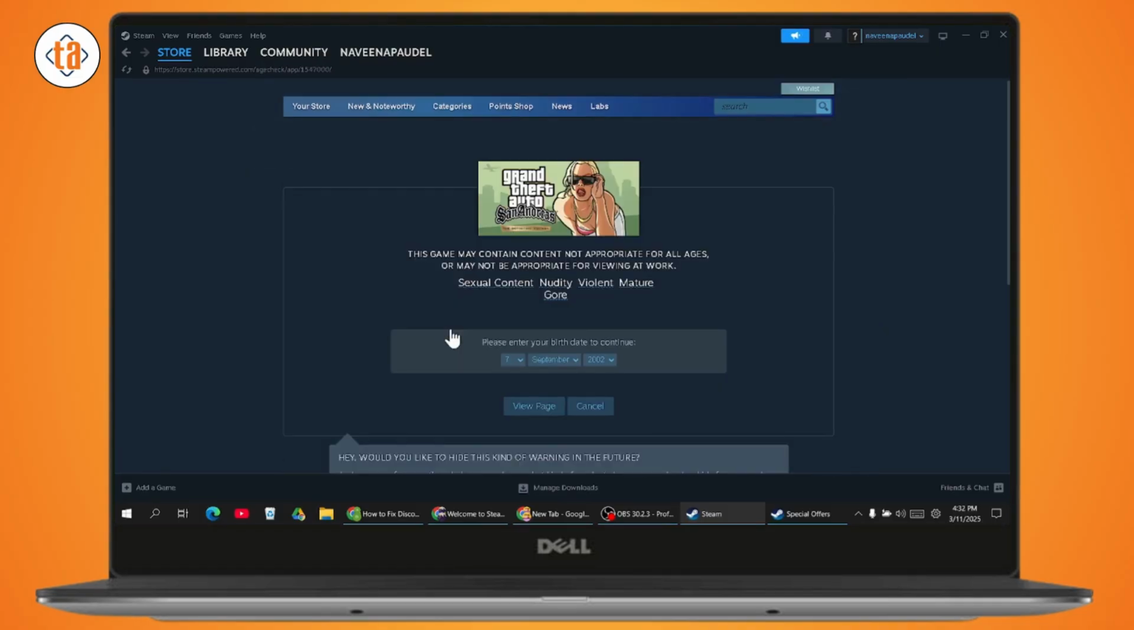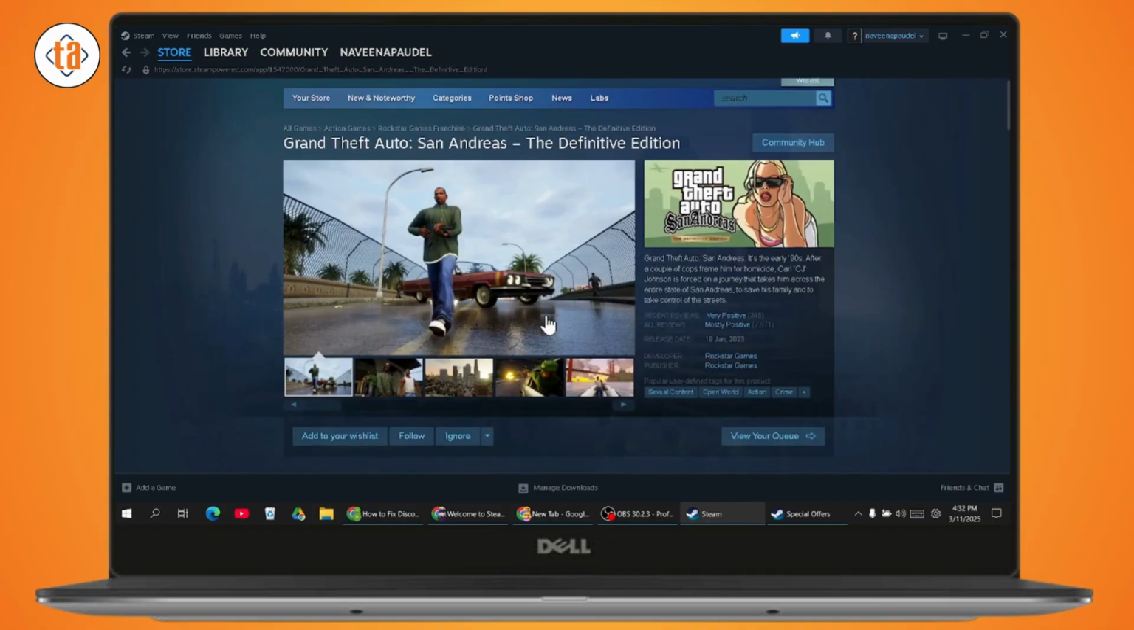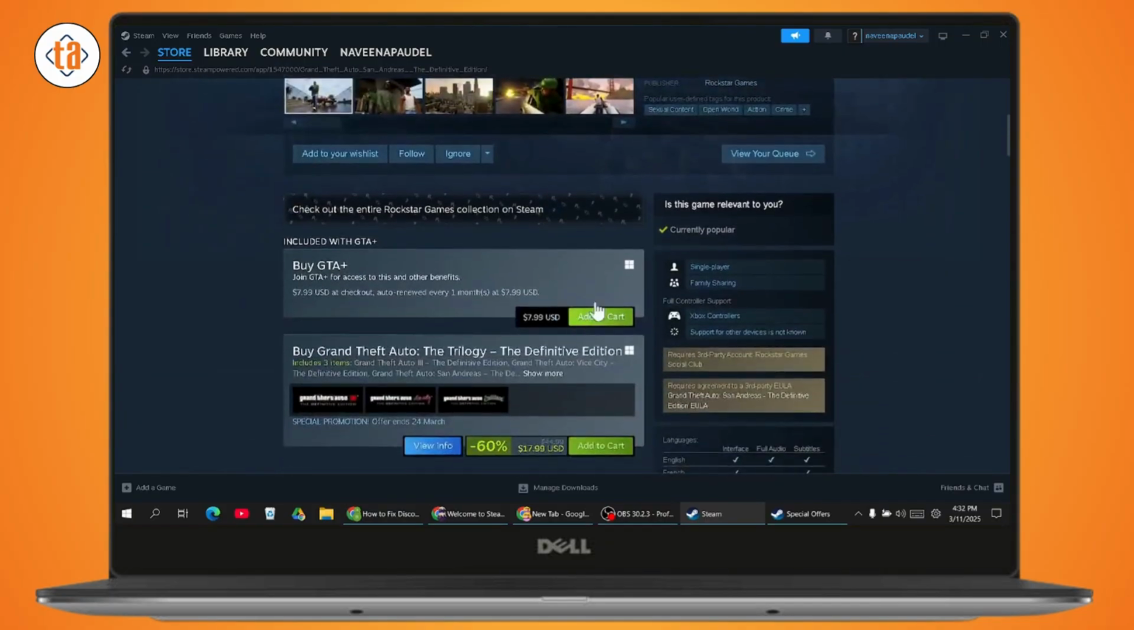Once you've selected, now here you will have this kind of interface. So you just need to simply enter your date of birth. So make sure you've entered the correct date of birth and then go with view page. And here you need to scroll down and you will have an option to add to cart, and you need